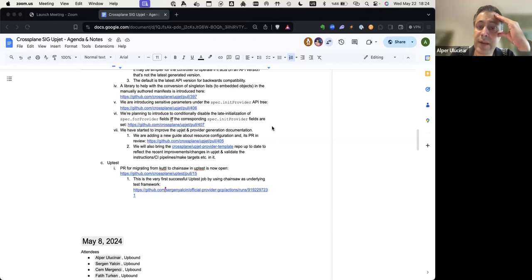But we have encountered a use case where having this would simplify things and would enable certain other scenarios. And honestly speaking, there's no specific reason that we don't do this. We already generate other parameters that are not sensitive under spec.initProvider. For sensitive parameters, the secret references would just add complexity to the implementation.